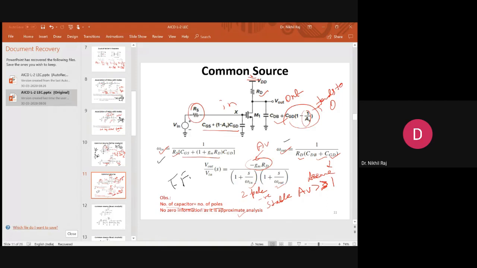So here we can conclude that the number of capacitances at each node will contribute one pole to the system. From this rough analysis, the number of capacitances will give you the number of poles. Now we estimated the poles, but here we cannot get the information of zero, because in the standard representation we have not denoted how to estimate the zero. So we'll now do the exact analysis and check whether any zero exists in the circuit or not.